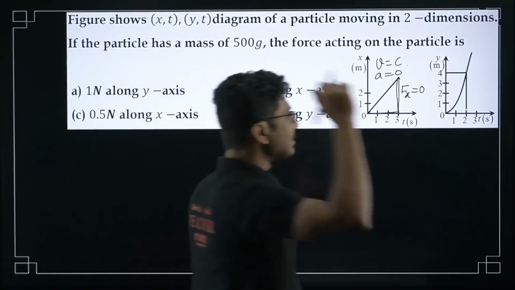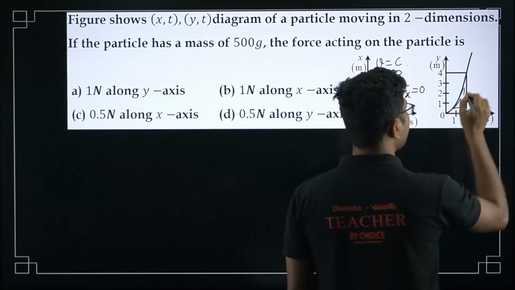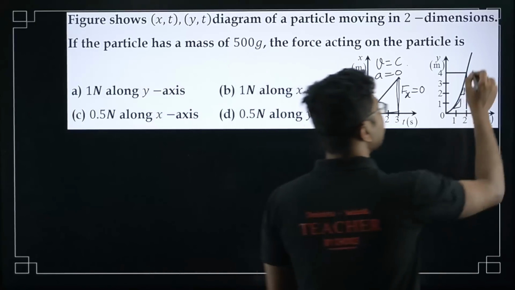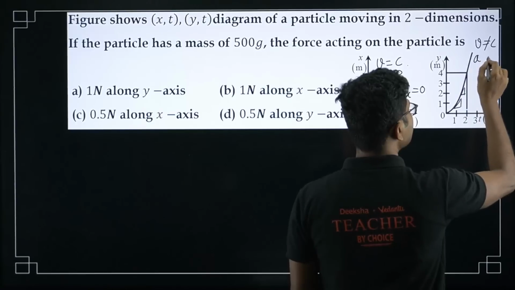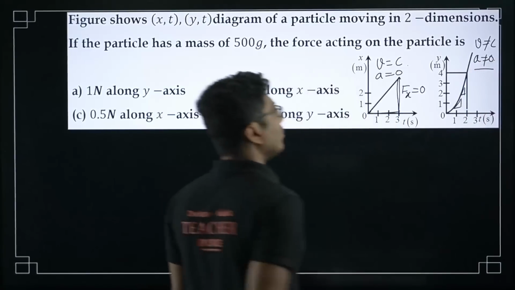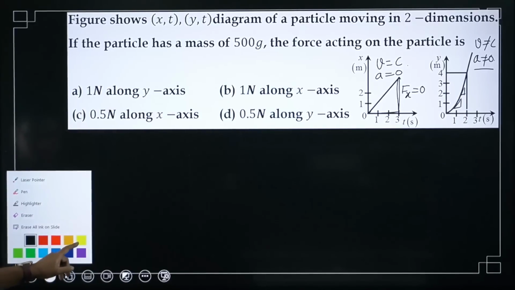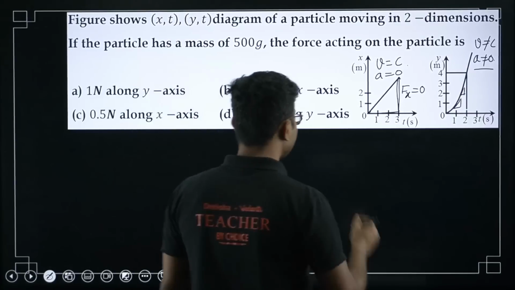Now in this case, if you see, the slope is changing at each and every point. So here velocity is not constant, so acceleration is not 0. Okay, now you have to find the average acceleration. But how to do that? So we will use the relation that